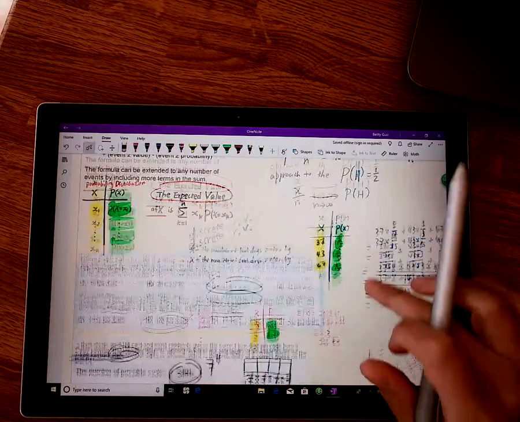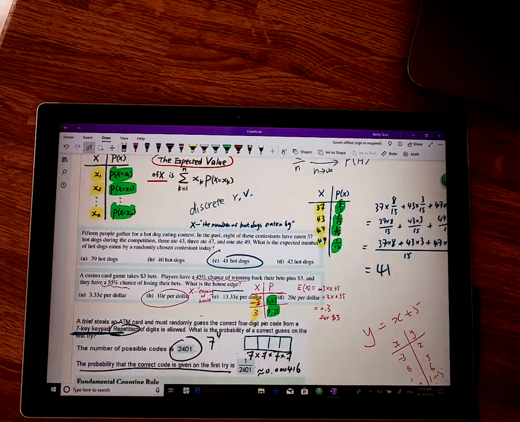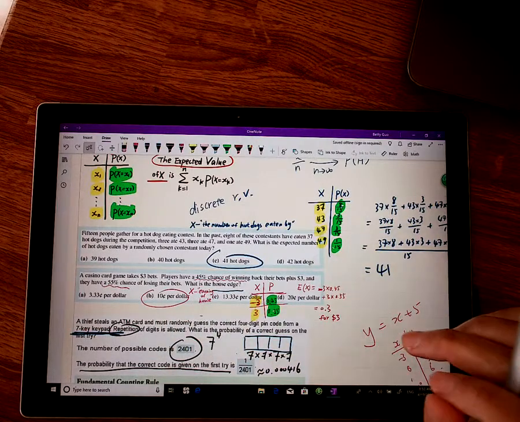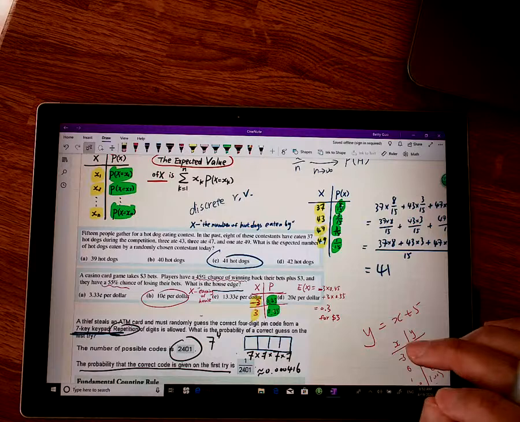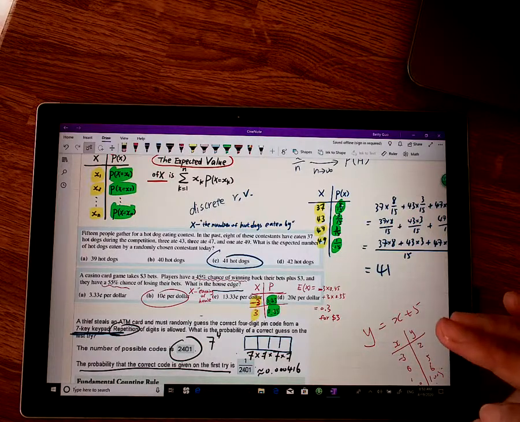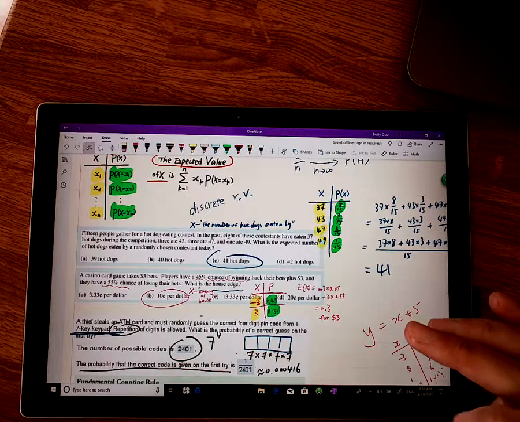Okay, I think the best way to understand the process for the formula is to apply it. Let's see two examples. Please pay attention because those two examples are your day quiz problems. Number one,